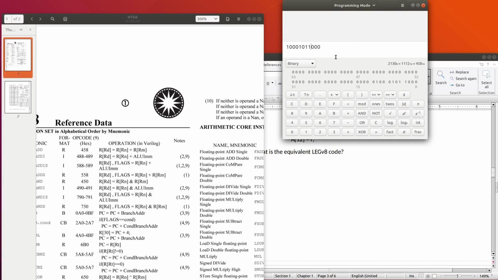You can see that this value in binary is equal to 2130. Oh no, 1112 in decimal.